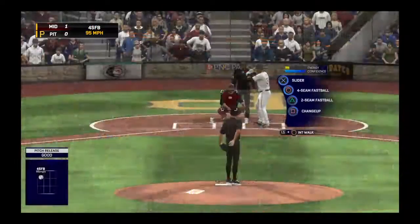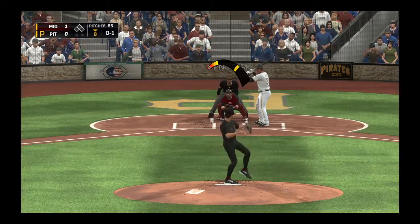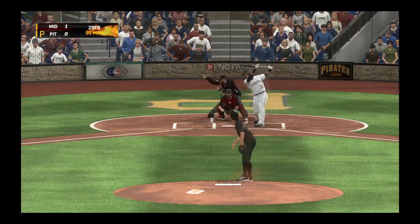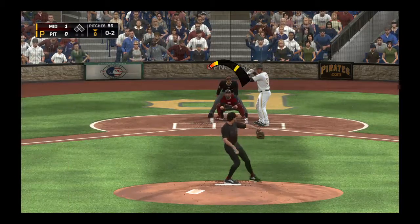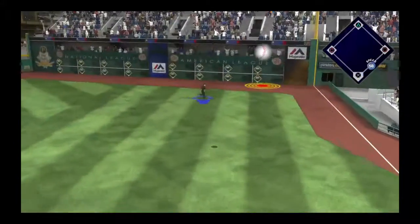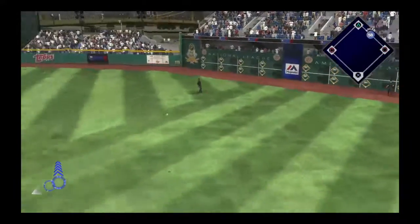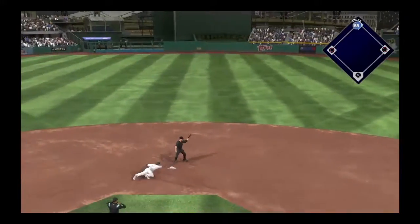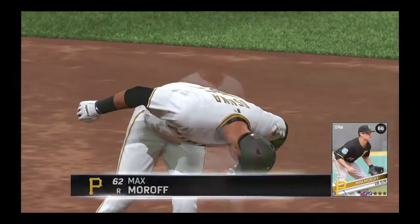Takes a high fastball for a strike. Well, this is kind of the life of a pinch hitter. You maybe get one at bat a game, and it usually comes against a relief pitcher that's absolutely throwing bullets at you. He's feeling it out there on the mound, just getting the ball. There's a swing and a drive hit well out to right field. Zumaya ranging back, but he has no chance to make the play. It's off the wall. And he's able to hustle his way up to second as he'll reach here with a